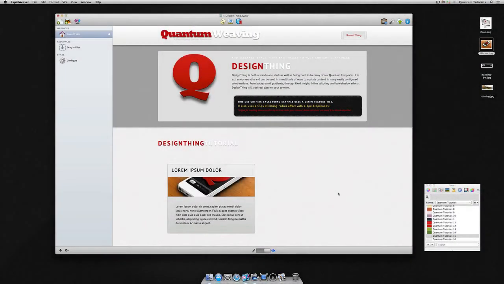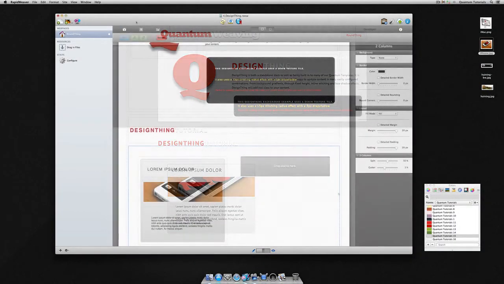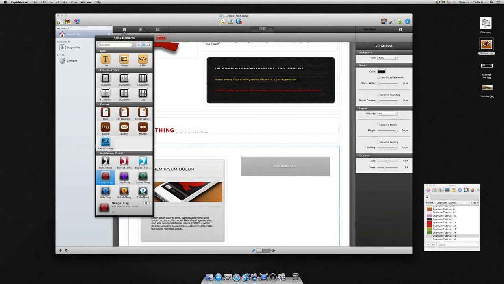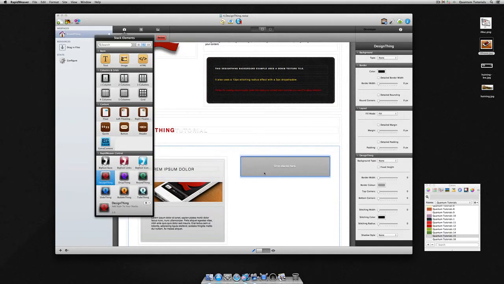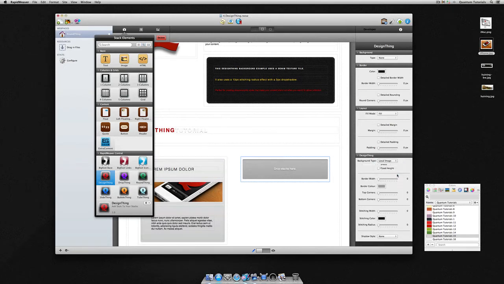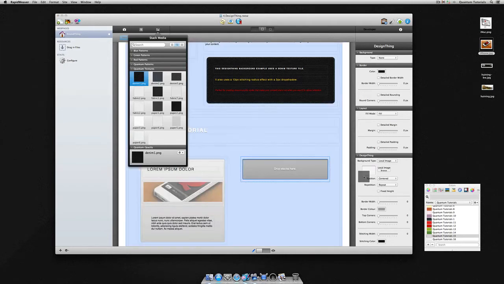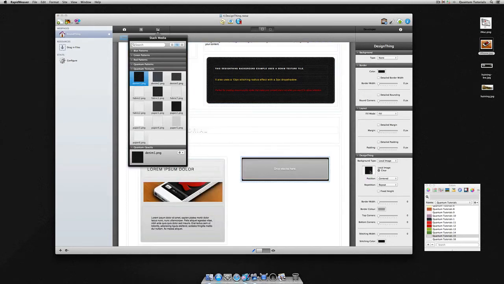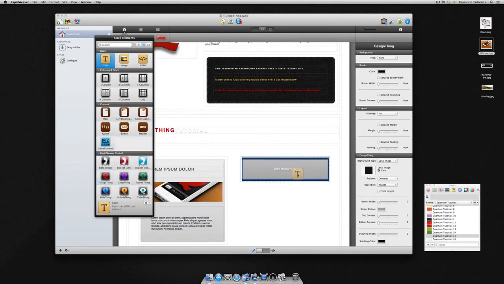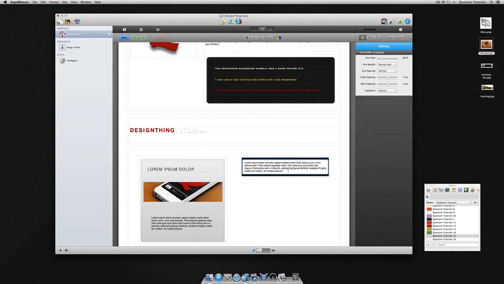In our next example, we'll use a background texture and stitching. First, we'll add a DesignThing stack to the page. Then we'll select a background type of a local image and add one of our quantum textures to the image well. Now we'll add a text stack. We'll color the text white,